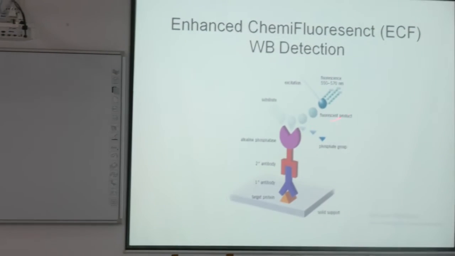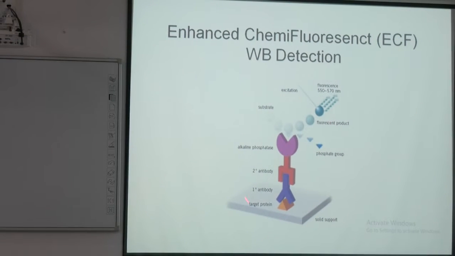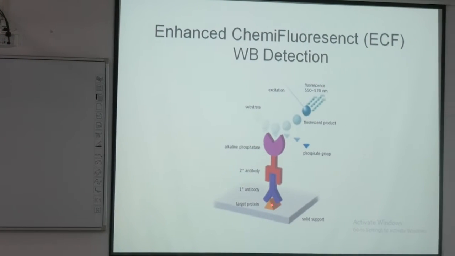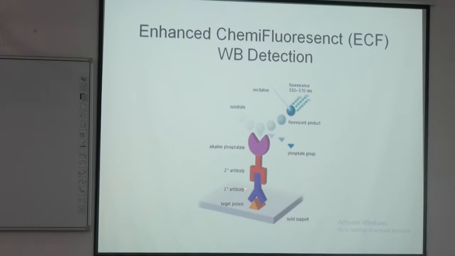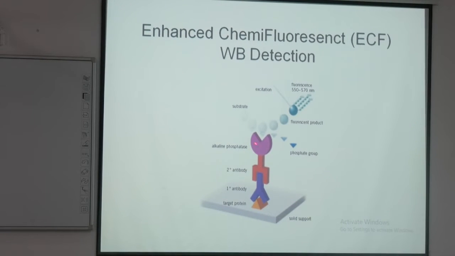See, this has shown this sandwich method. This is antigen, target protein. This is a primary antibody. Secondary antibody attached to it, one enzyme. In our previous description it was horseradish peroxidase. Here it is alkaline phosphatase. So here PNPP, para-nitrophenol phosphate, is used. Alkaline phosphatase will remove the inorganic phosphate from the PNPP, and the end product will be PNP, para-nitrophenol, which is yellow in color. So formation of yellow color means